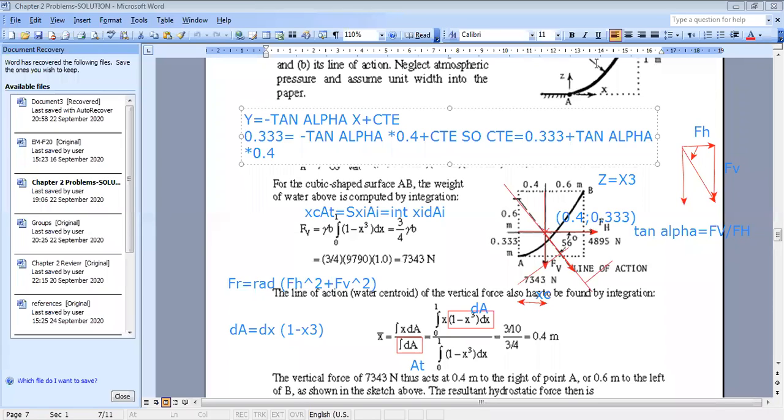You say when they meet together, they should have the same x and same y. So you say that minus tangent alpha x plus constant is equal to x cubed, because this will give you the point of contact. So solving this equation,